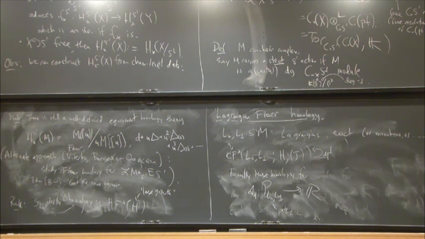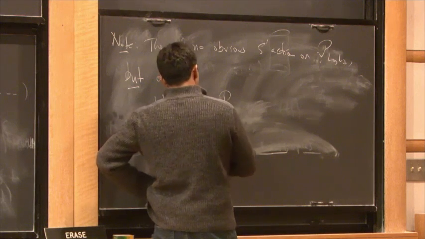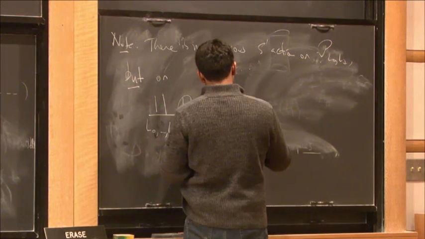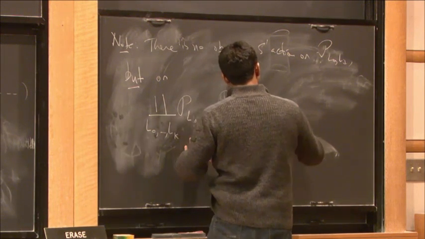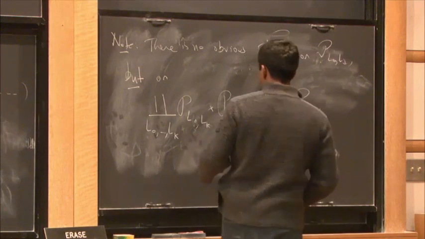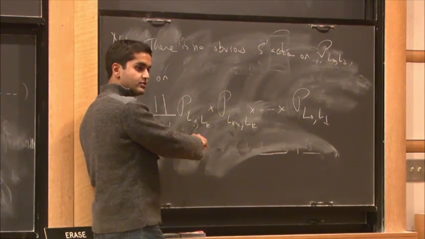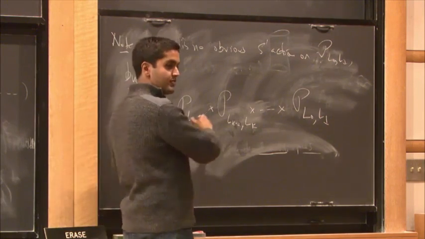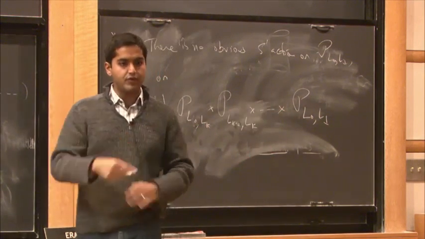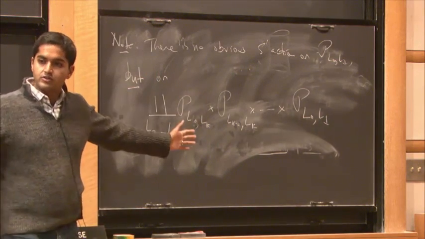But if I take some cyclic products of paths, so if I take paths from Lk to L naught, followed by paths, there's always some convention, paths from L naught to Lk, followed by paths from Lk minus 1 to Lk, followed by paths from L0 to L1. So this is a chain. So I take a collection of Lagrangians. I take the union of path spaces between Lagrangians, sort of all cyclic paths. Okay, so if I take this kind of very large space,